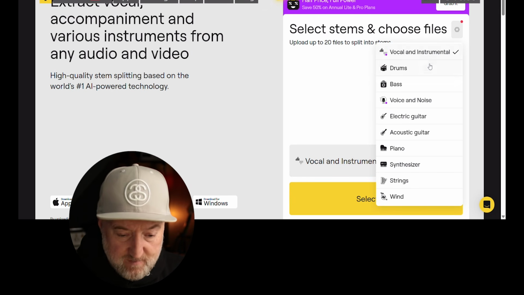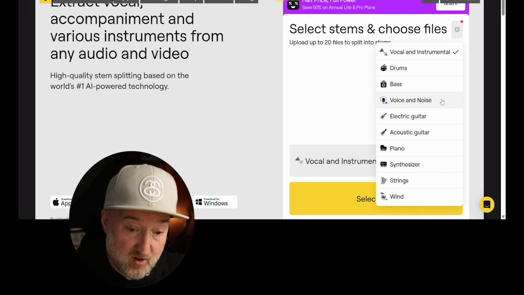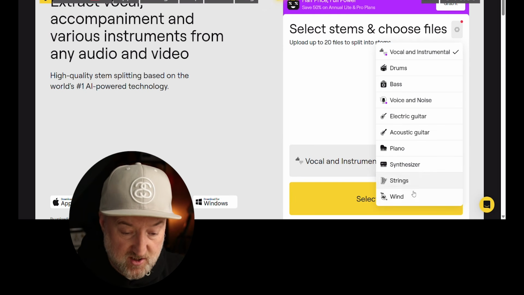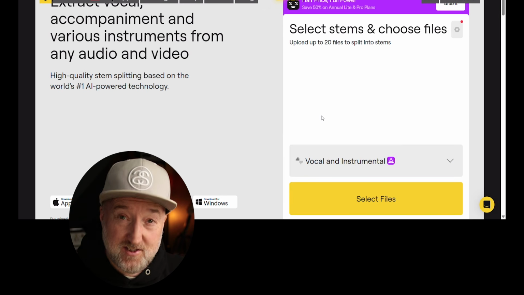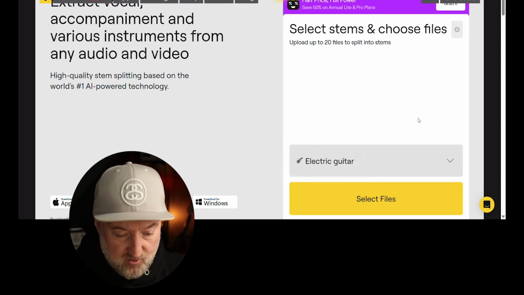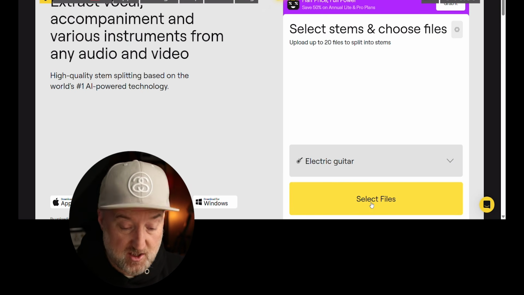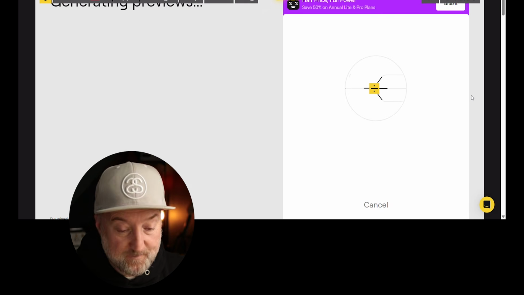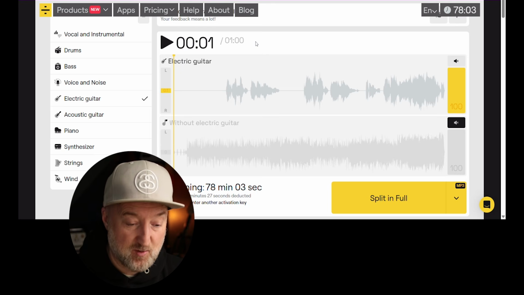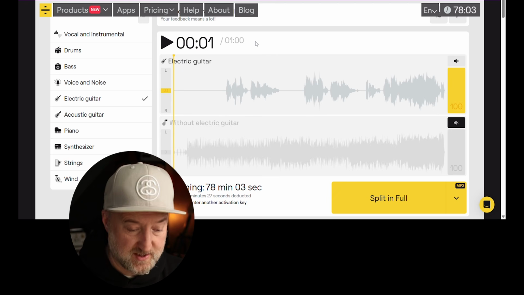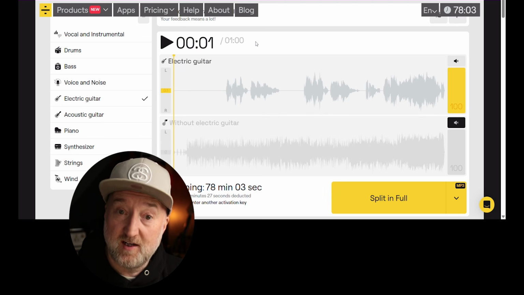So vocals, drums, bass, voice and noise, which is cool, electric guitar, acoustic guitar, piano, synthesizer, strings and wind. Now I want to listen to the electric guitar parts to Radiohead's Paranoid Android, right? So if I select electric guitar, select files, grab my file, so it uploads, then you'll see it's kind of doing its thing. So what it'll do first is give you a little snippet of it so that you can check the quality. If you're happy with the quality, then you can crack on and get it to split